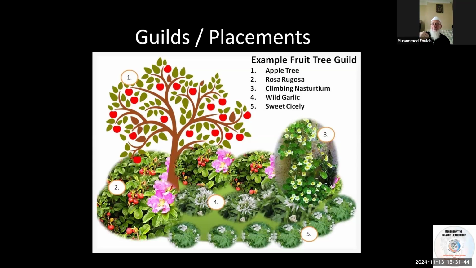If you learn about ecosystems, learn about guilds. Guilds is about pairing. Take a plant: it is growing in a particular location for a reason,